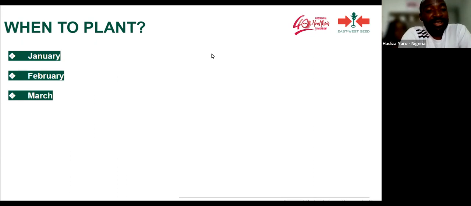A basket can be as high as 15 to 35,000 naira. For now, tomatoes in the north, most especially, are very, very cheap now. So planting in February, March will give you double or even triple your cost of production. So we need to know when to plant and why we are planting at that time.